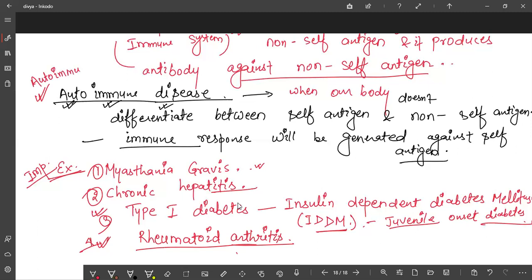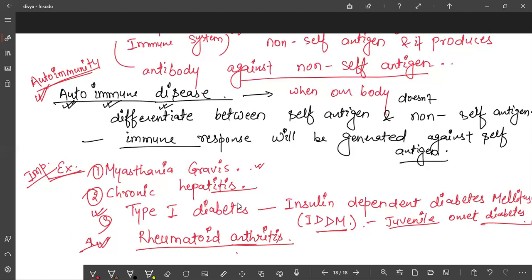When immunity develops against a self antigen, then it is called what? Autoimmunity. Okay. So this is clear to you. So this is all about antigen. Now you have an idea that we also have some of our own antigens, like on RBC, red blood cells. In blood grouping also you have studied that it may be A antigen on the RBC surface, it may be B antigen, it may be AB antigen. So these are our self antigens. Suppose the antigen is not present in our body and it is coming from outside the body, then it is called non-self antigen. Okay.